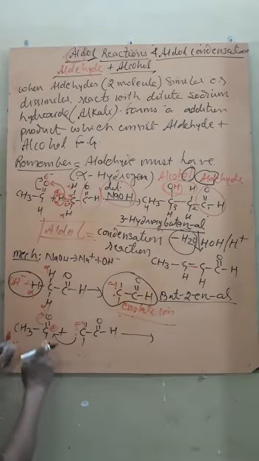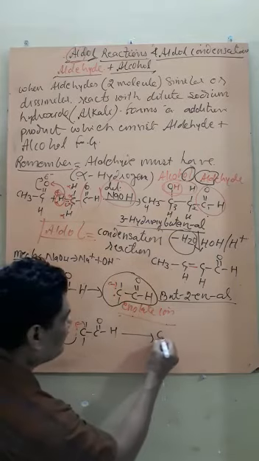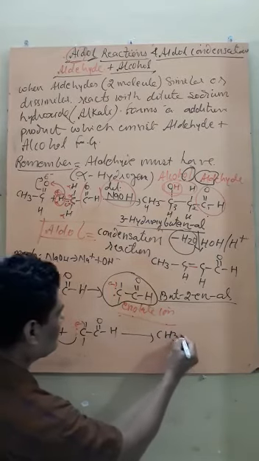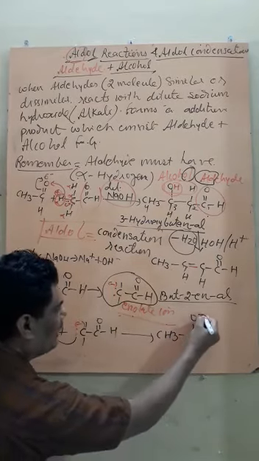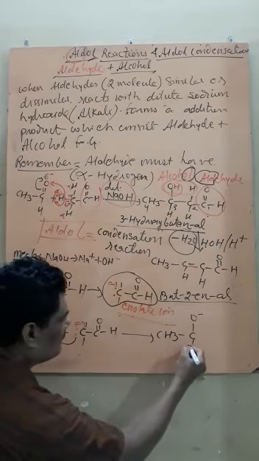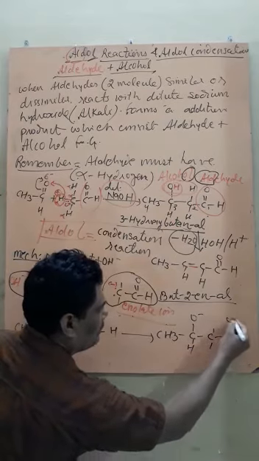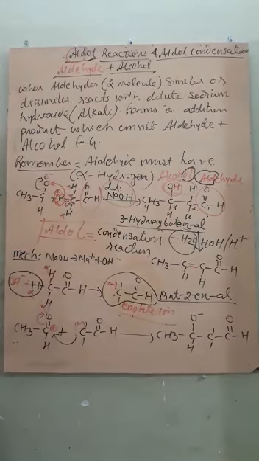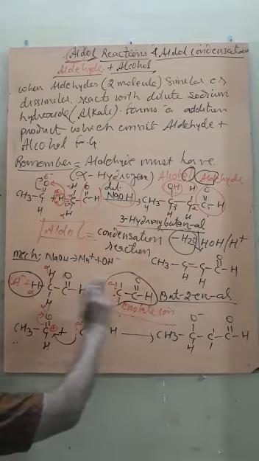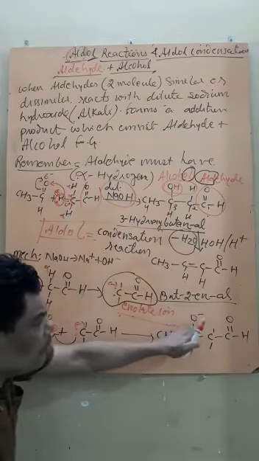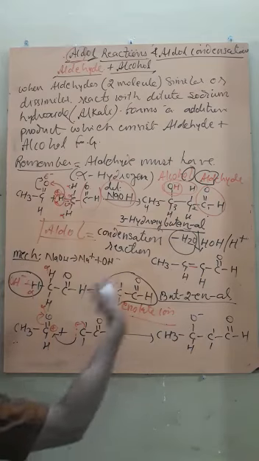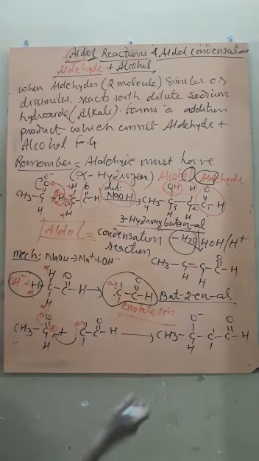the carbonyl carbon which is having positive charge, and thus the reaction becomes CH3 C, this is O anion, this is H, this is now CH2, this is C double bond O, and this is H. Which then reacts with Na, and then on hydrolysis will convert into hydroxyl group. Is this clear?